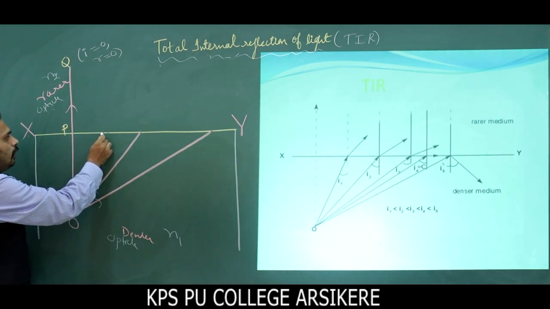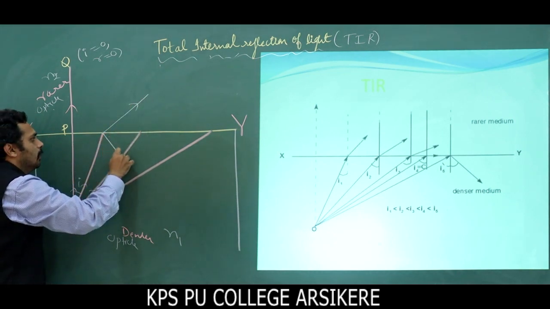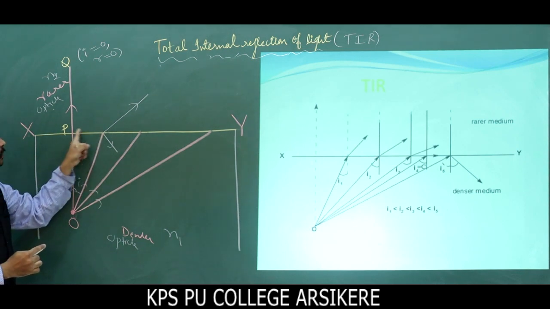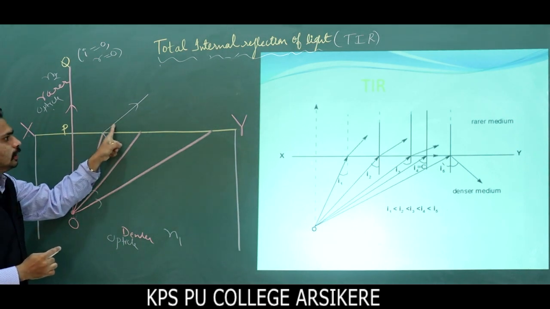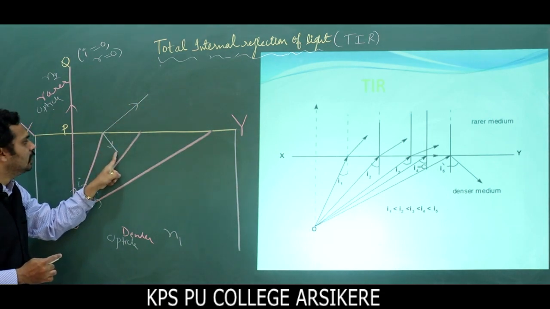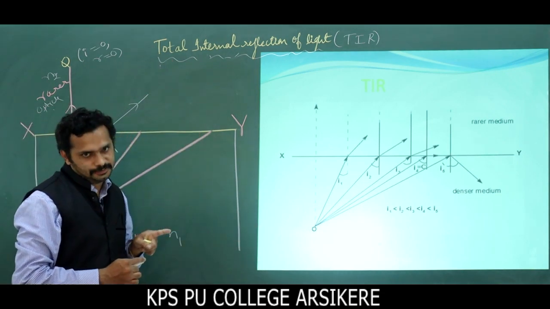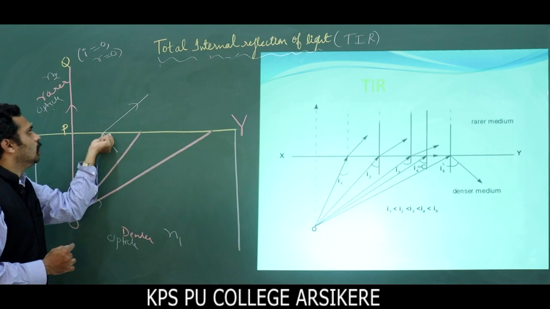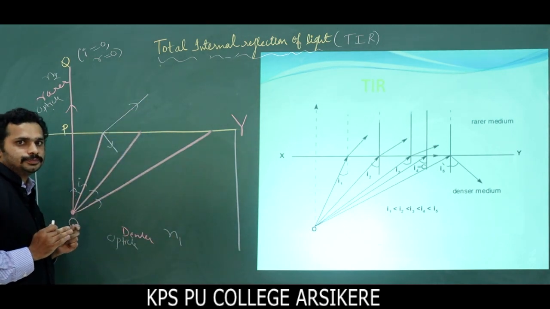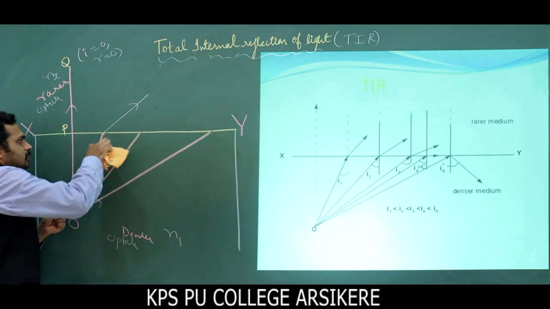Now it falls on the surface, you know that partly refraction, partly reflection. The ray falls on the interface, we are going to see partly refraction, partly reflection. This is partial internal reflection, but we want total internal reflection. Here some reflection happens and some refraction happens. I don't want some, it has to be complete. Got it? Now here I am neglecting this.